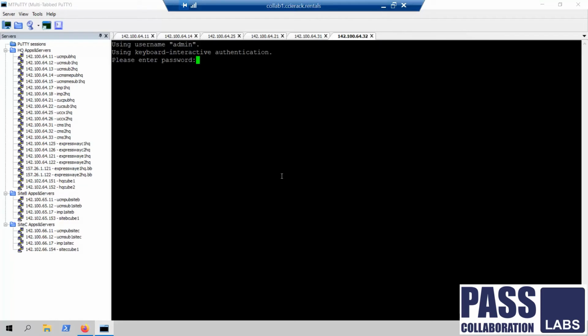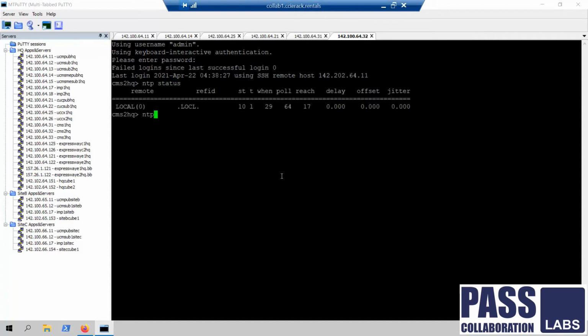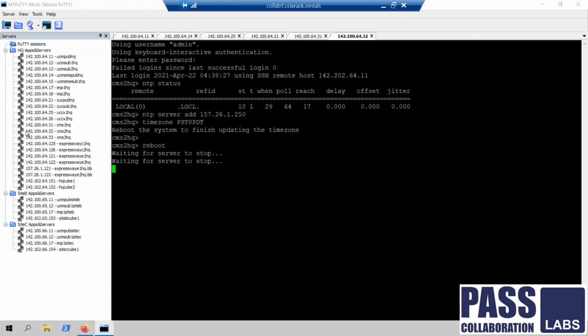Now we'll go to CMS2 and follow the same steps. NTP status, NTP server add, followed by 157.26.1.250 and the time zone. Let's reboot it, and once it's up, we'll validate the configuration.